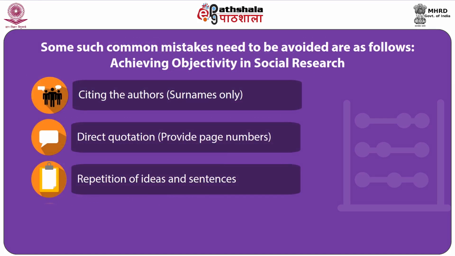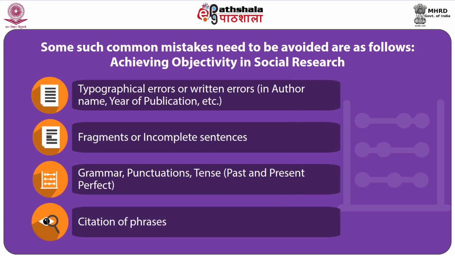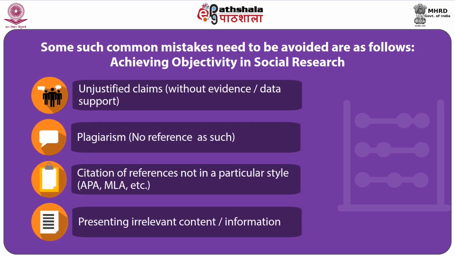Some of the common mistakes to be avoided are as follows: citing the authors, that is surnames, direct quotations, provide page numbers, repetition of ideas and sentences, typographical errors or written errors like author name, year of publication, etc., fragments or incomplete sentences, grammar, punctuations and tense like past tense and present perfect, etc., citation of phrases, unjustified claims,